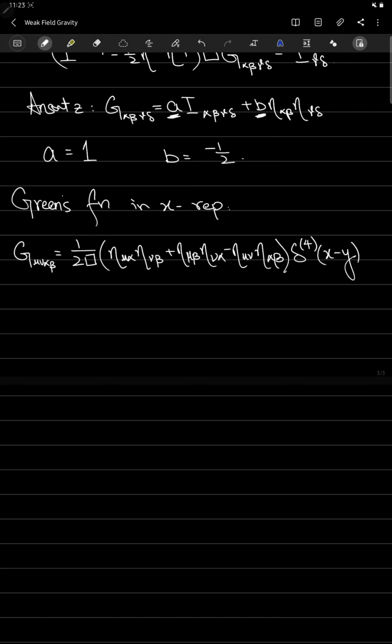And if I use the expression for this delta function and this D'Alembertian, I can write down this Green's function G_{μναβ} as in a